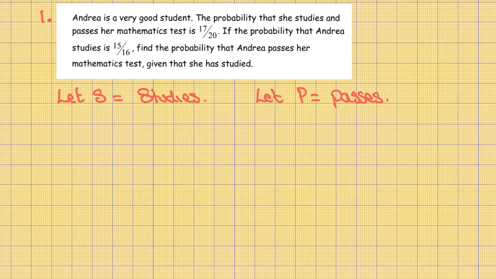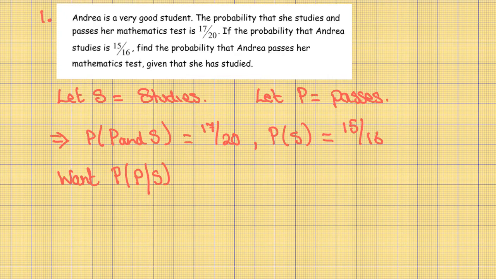Let S equal studies. Let P equal passes. Therefore, the probability she passes and studies is equal to 17 out of 20, and the probability that she studies is 15 out of 16. We want to find the probability that she passes given she has studied, which is equal to the probability that she passes and studies divided by the probability that she studies,